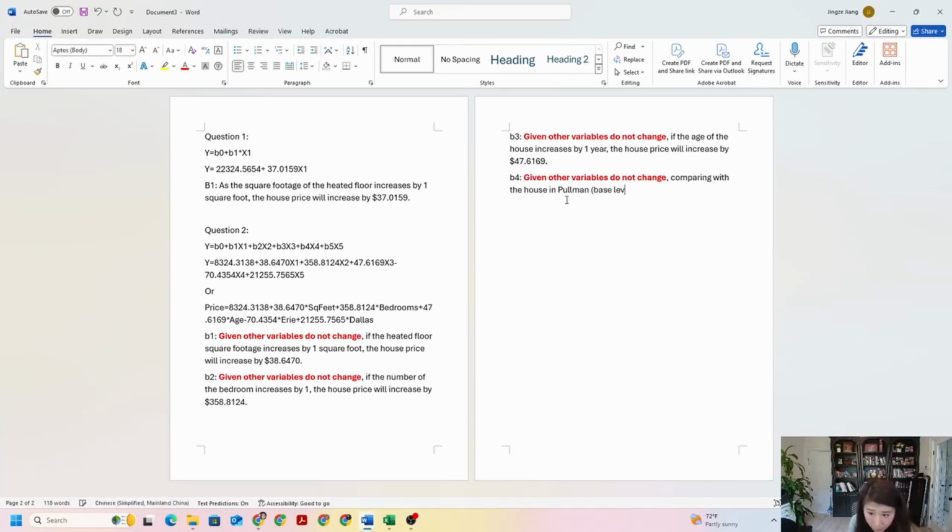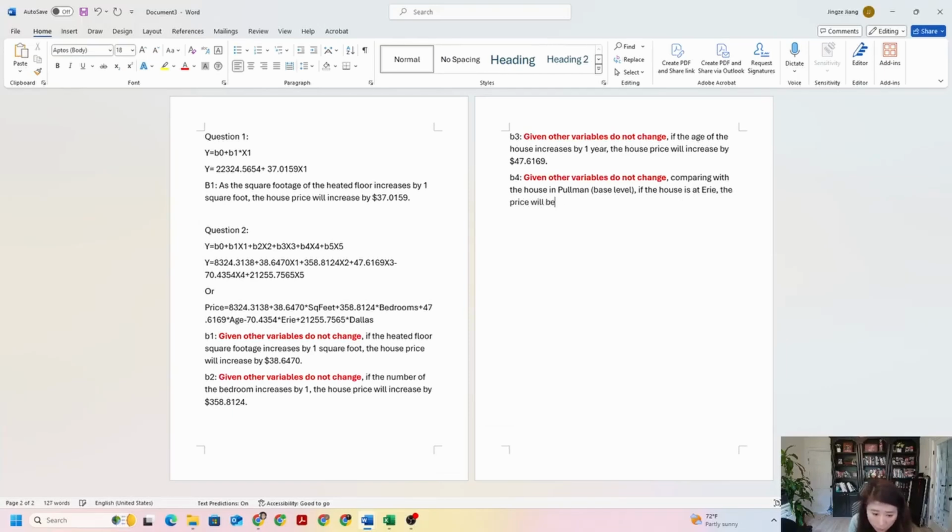This is my base level. Again, if you do not know how to identify the base level, please watch the lecture video where I'm talking about how you can identify the base level. Comparing with the base level, if the house is at, again, the reason we know it's Erie is because X4 is indicating Erie. If the house is at Erie,